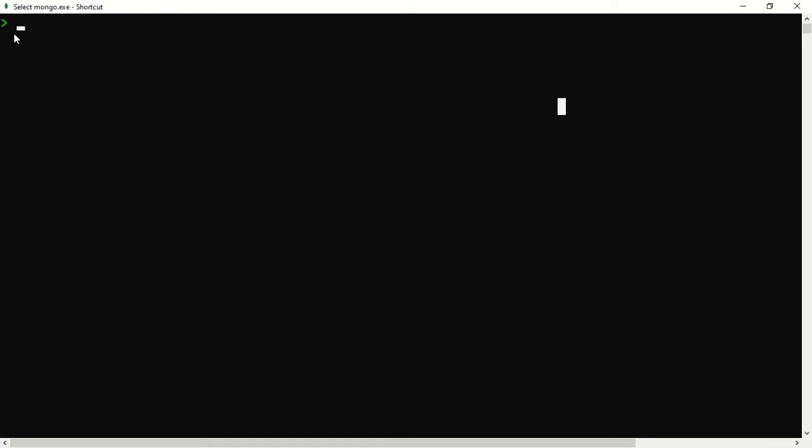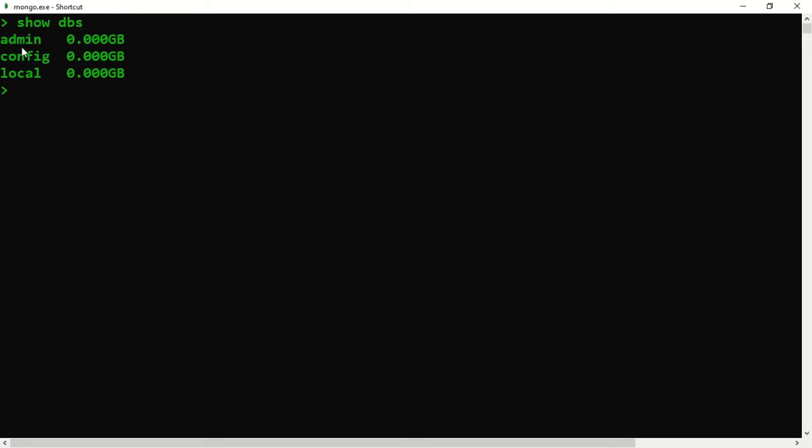Our first command is show dbs. This will show you all the databases in this particular MongoDB server, okay. Right now there are three databases, that is admin, config and local, okay. So whenever you want to see the databases, you have to use the command show dbs, okay.